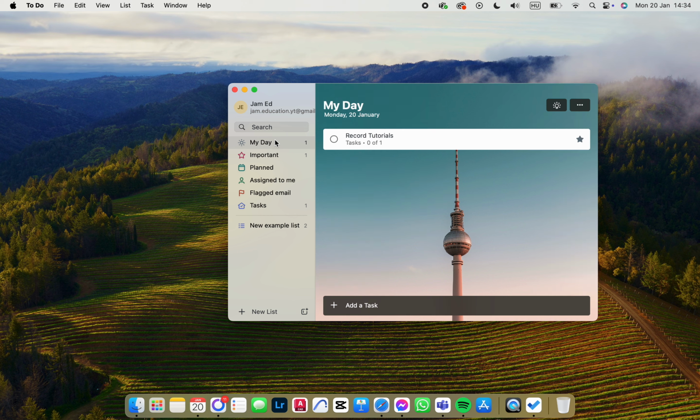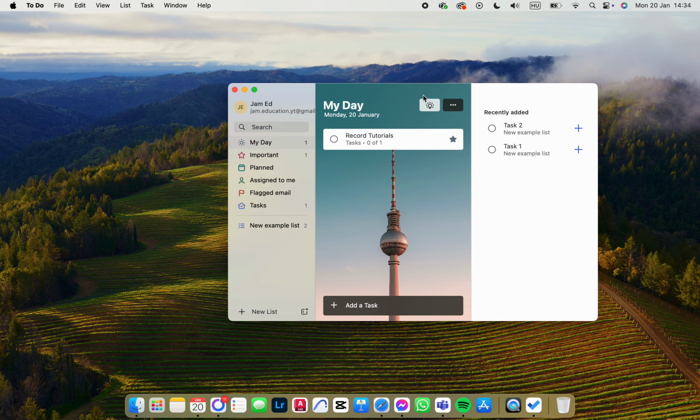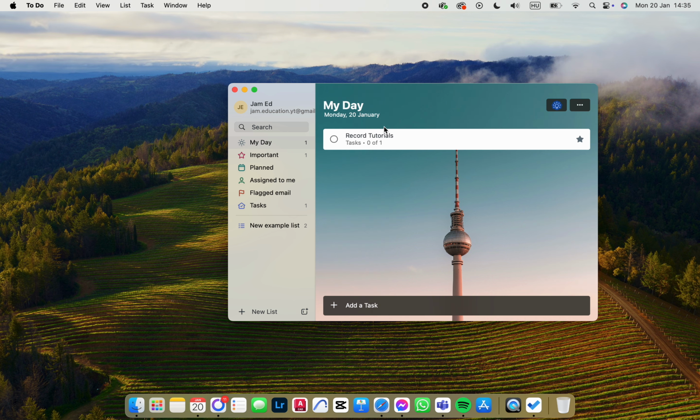What this is going to do is that here we have our day, and here these tasks are going to repeat daily, hence the name. And then if we add tasks to our day, we can track our habits basically. So for example, if we have something that we have to do every day, we can do it like this, add it to our day and then